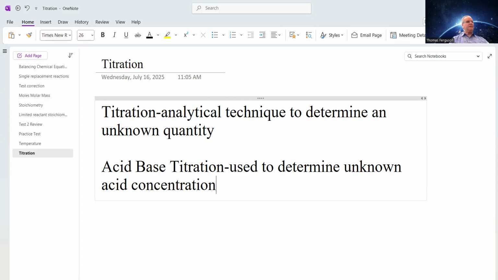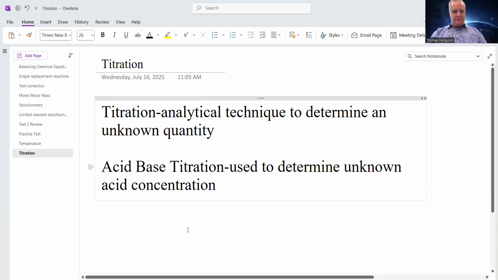So in the case of the vitamin C tablets, I'm looking at how much vitamin C is in those tablets. Okay. All right. So typically, with an acid-base titration, you have,